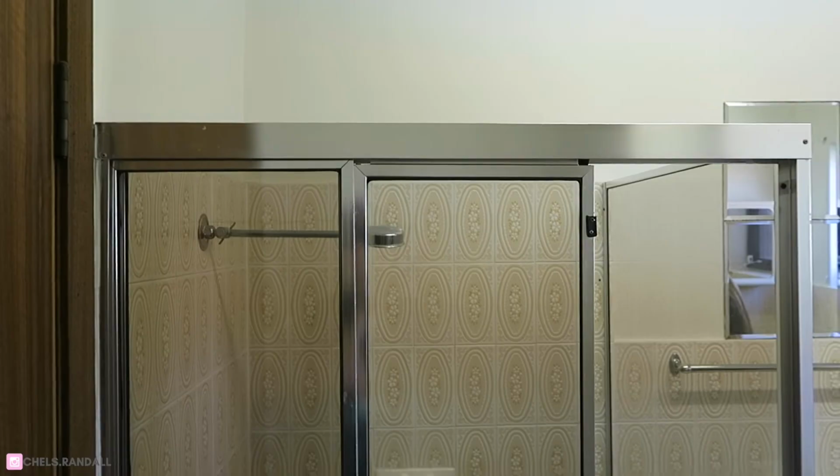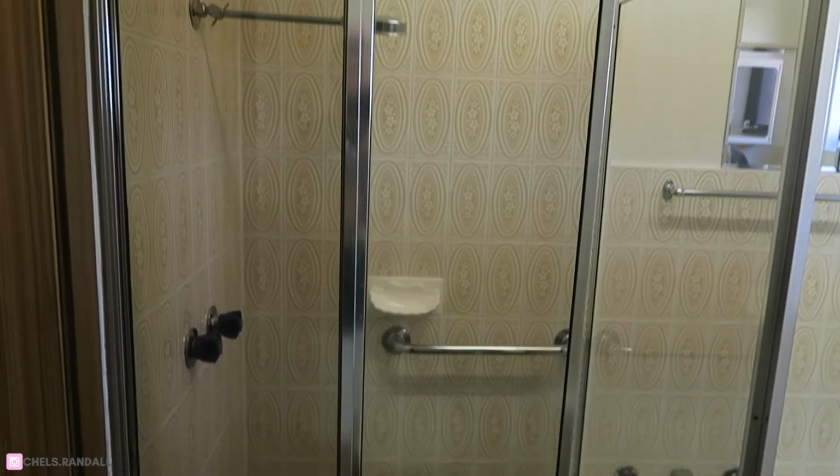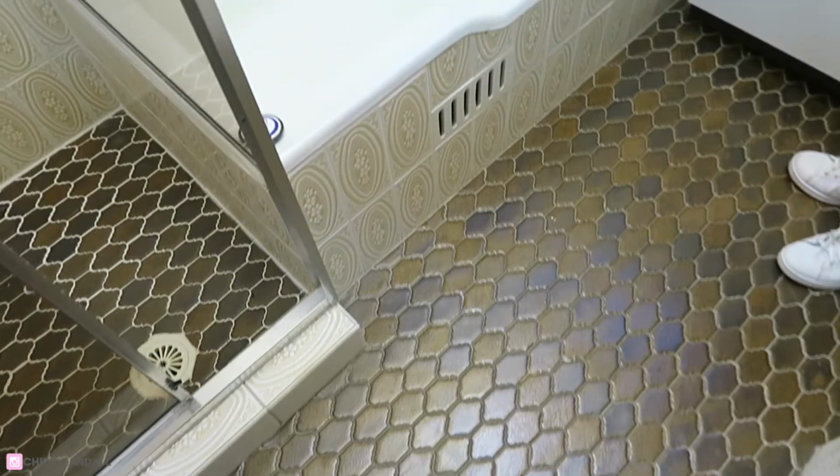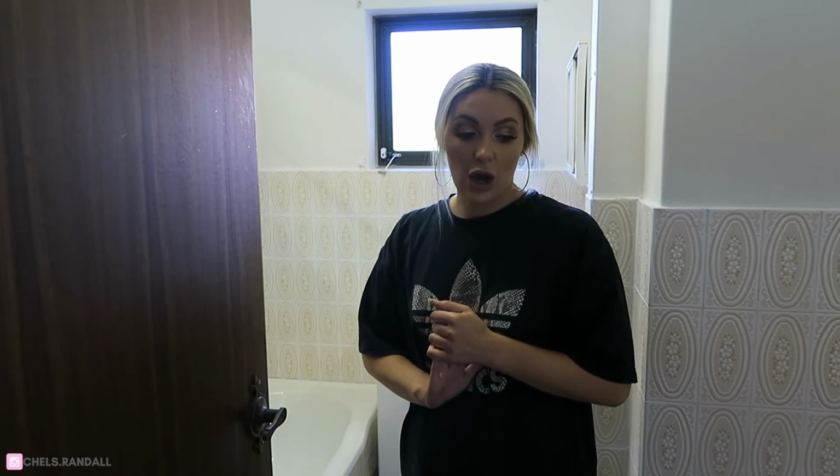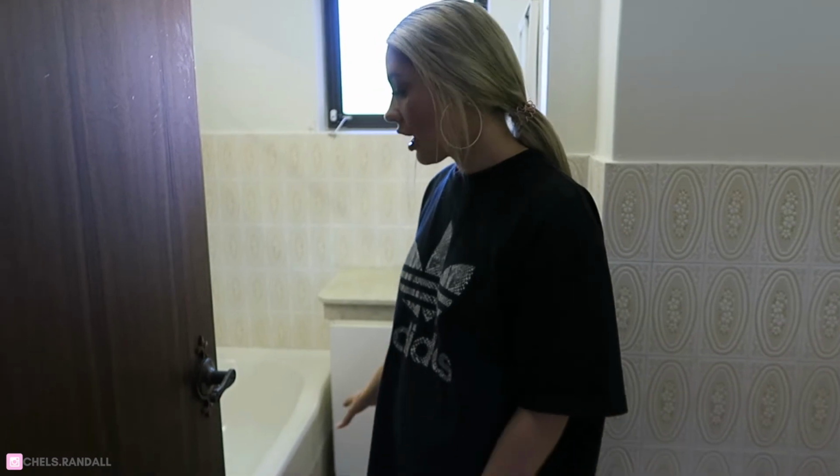So through the hallway, again, the light. So through the hallway we have the bathrooms. So this is the bathroom. At the moment, you will see it is very old school. We are planning on getting everything new, starting from scratch. We're also planning on rearranging this room as well. If you come on through, you will see